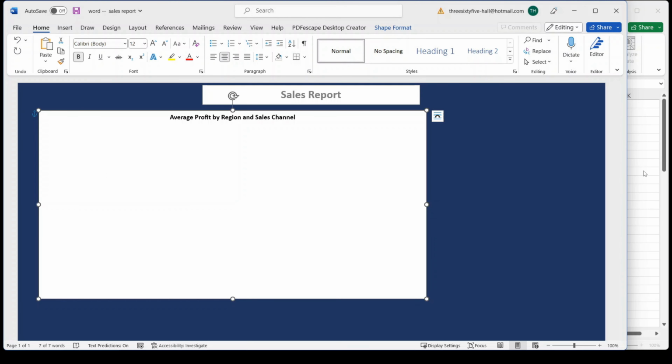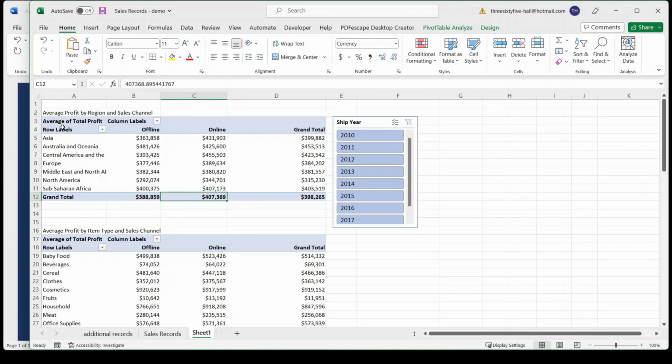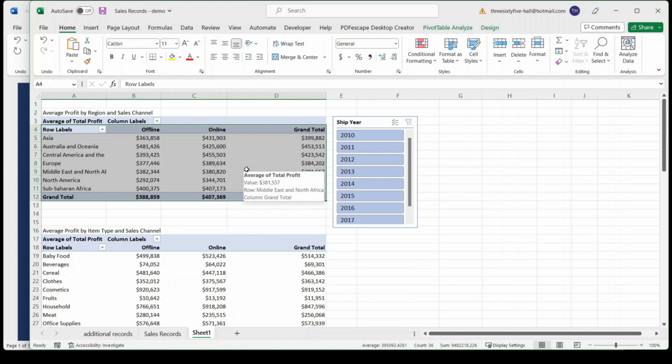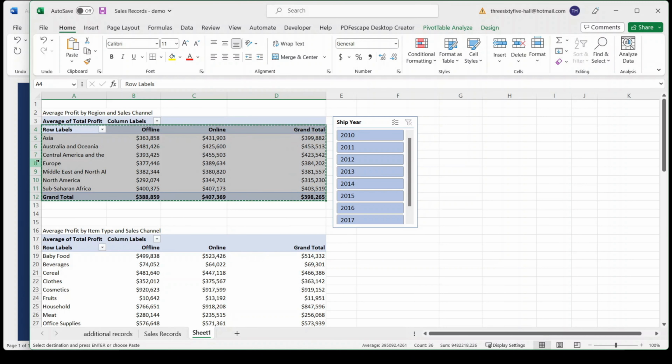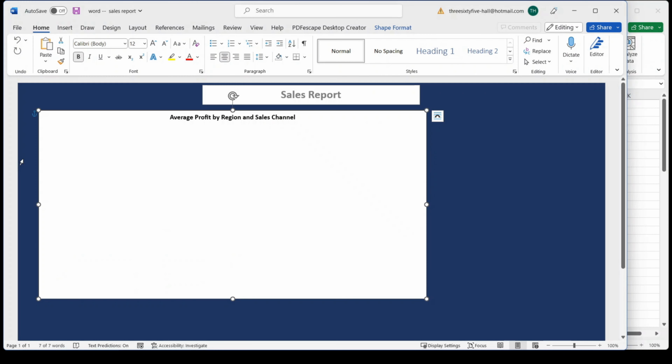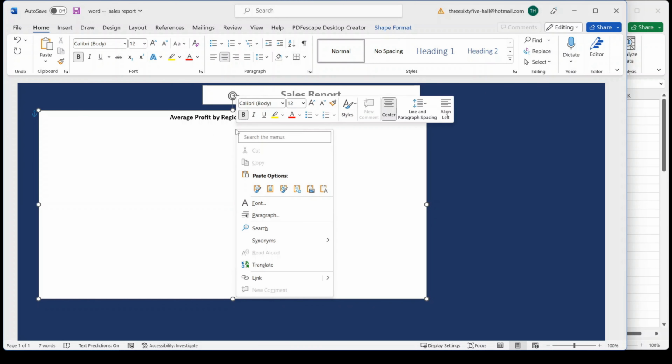So let's go back to the workbook and highlight this table here. This is the pivot table we want to copy and paste, and these are the rows and columns we would like to be shown in the report. After highlighting it, right click, copy. Let's go back to the report. Inside of the text box, right click, and then we would like to